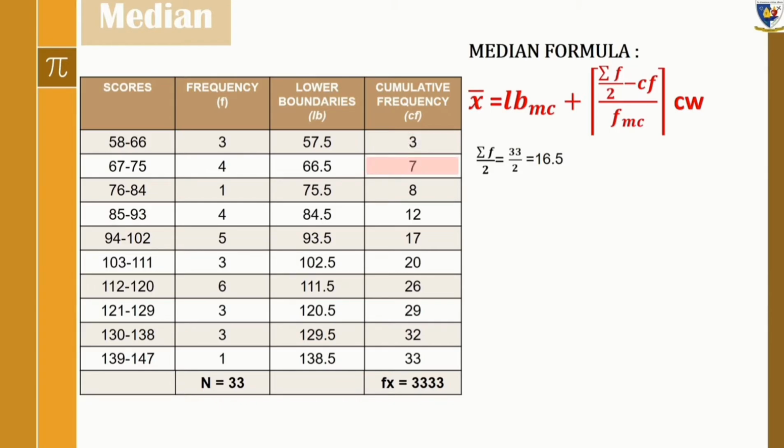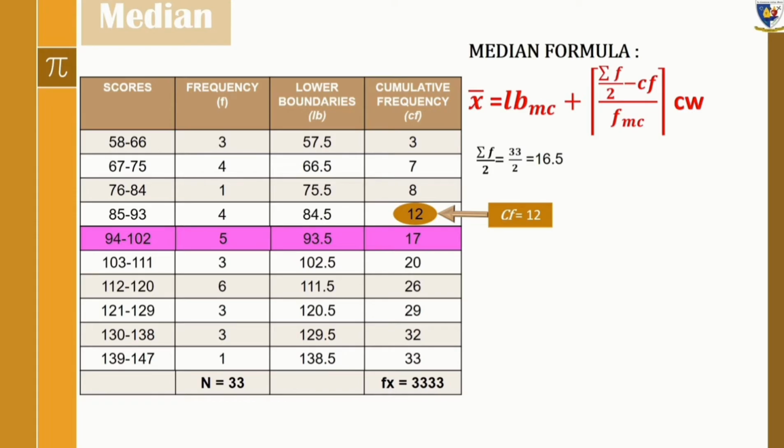No. In 7? No. In 8? No. In 12? Still not. In 17? Yes. So this is now our median class. To find the CF, find the class below the median class. And since our median class is in 17, that's why our CF is 12, because these classes are arranged in